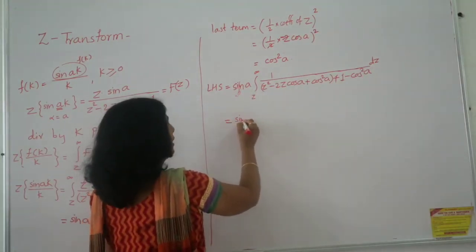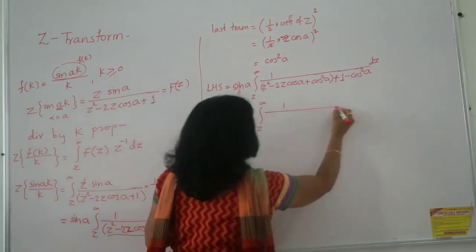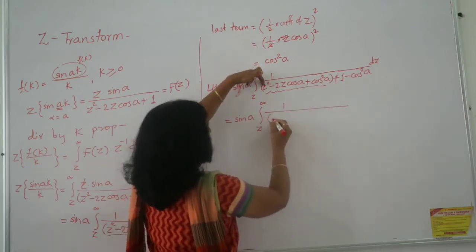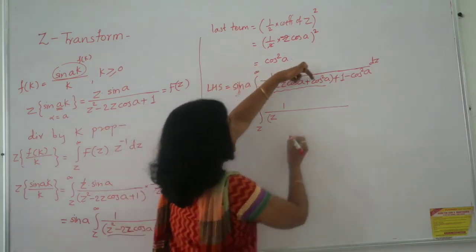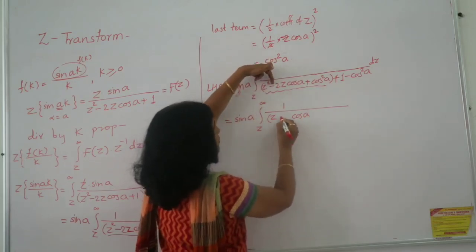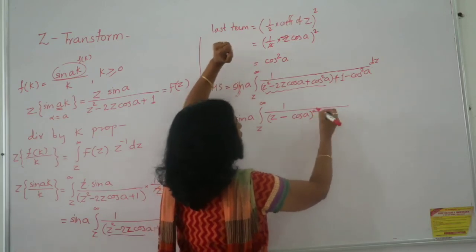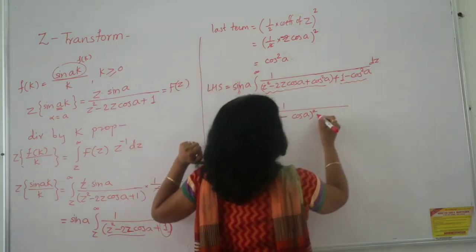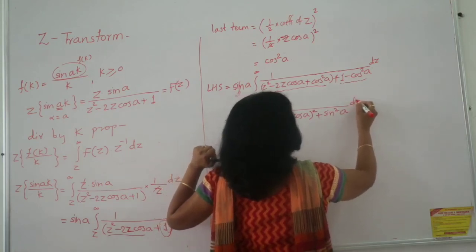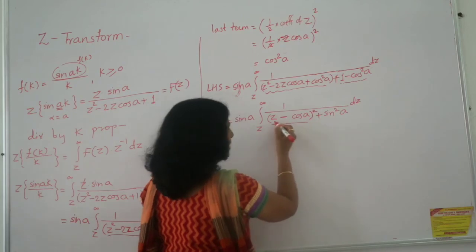But what is the advantage you are getting from this? Z to infinity 1 upon, now see this quantity is converted into a complete square. So first of all, from Z square you select Z, from cos square you take cos A, and what is the role of the middle term? The sign, the minus sign. Whatever the sign is will come here, square. And this, 1 minus cos square is nothing but sin square. The identity you are applying.